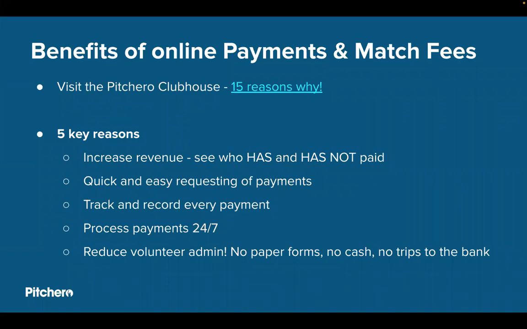But I think you speak to a lot of people now and they just don't carry cash, because it's so easy now. It's quick and easy requesting of payments. You can track and record every payment again. So again, this is really going to help your treasurer and save hours and hours of admin time,